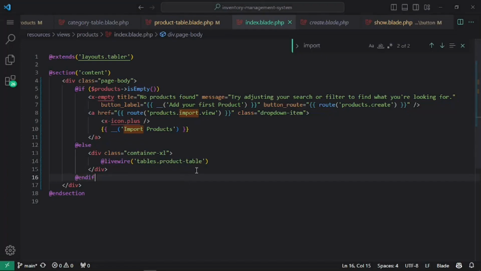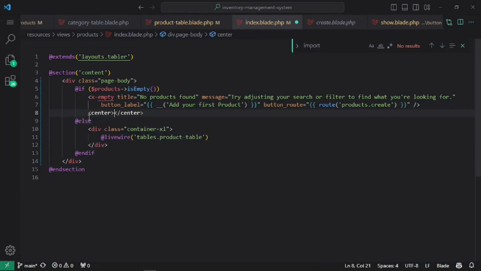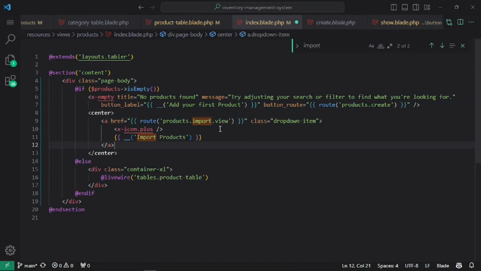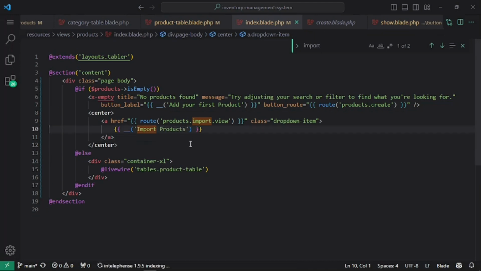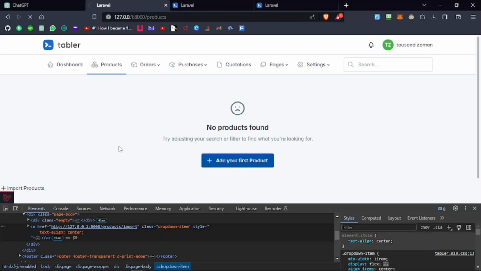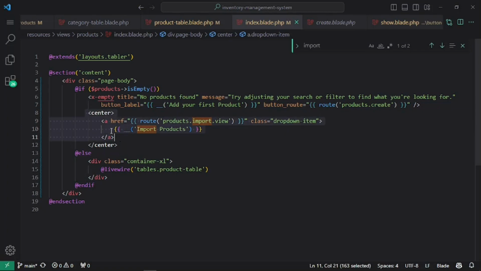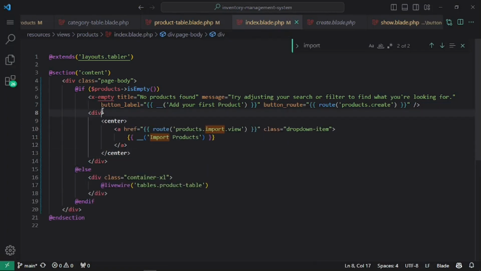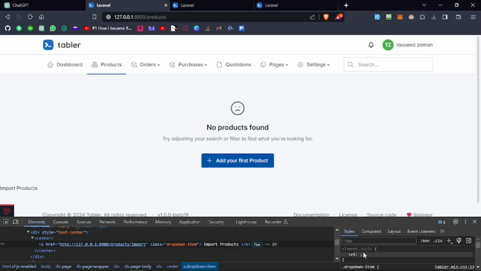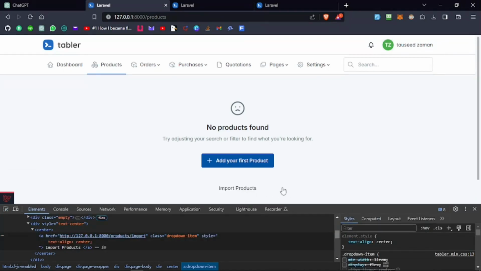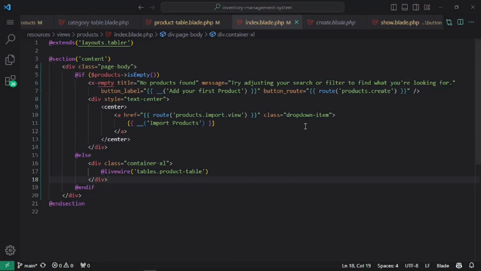Okay, that's not going to work, so let's do one thing. Let's use the center tag and put this in here. And I don't think we need the icon in here. Let's refresh now. Still not working. We are going to use the div tags, and then style class text-center. Still not at the center. Text align. Okay, so it gets aligned to the center once we remove the classes,